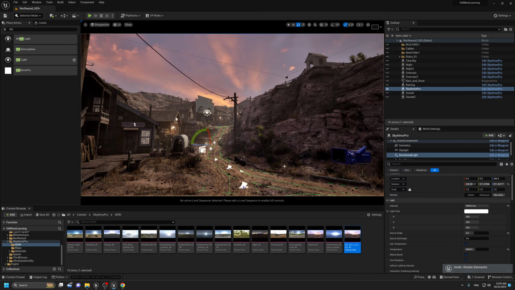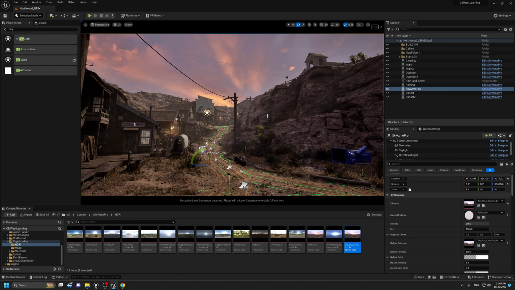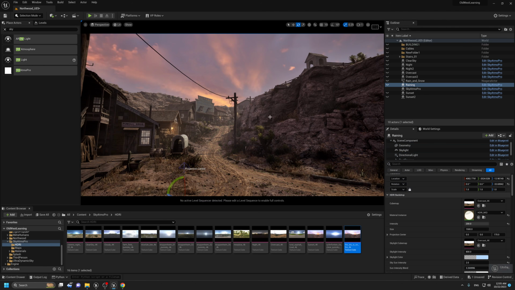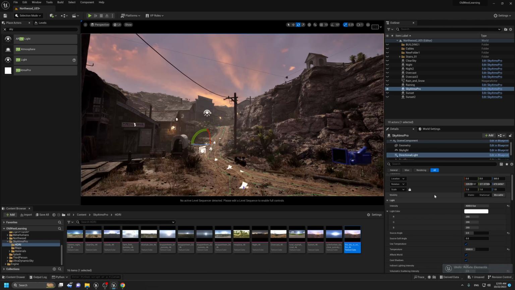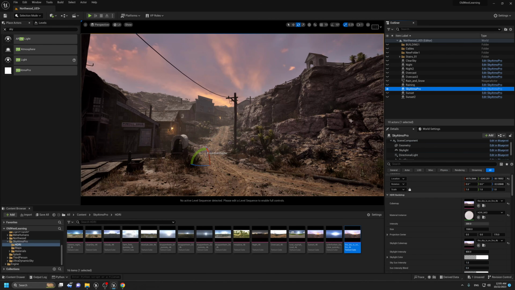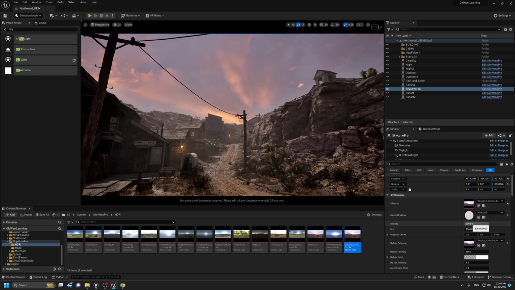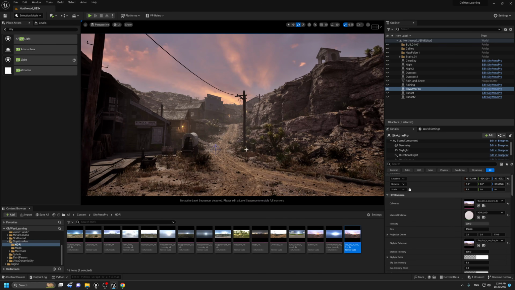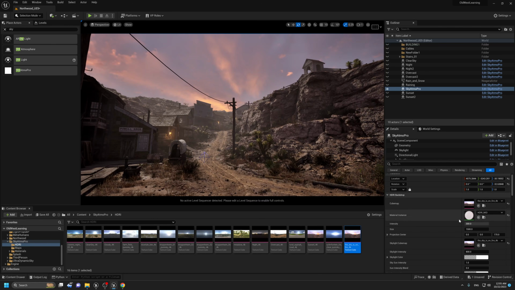Okay, this is not the only thing, we have a bunch of controls in my blueprint. So the first control here, let's go back here. Okay, we have intensity for the sky, only the sky itself, and if you change the intensity, it will not affect the global illumination. So if you need it darker, we can go for 100